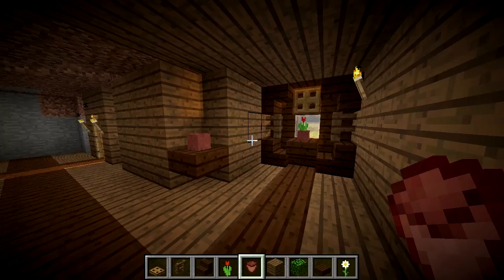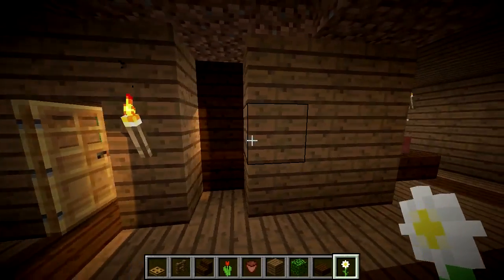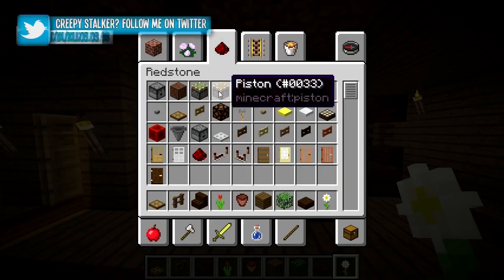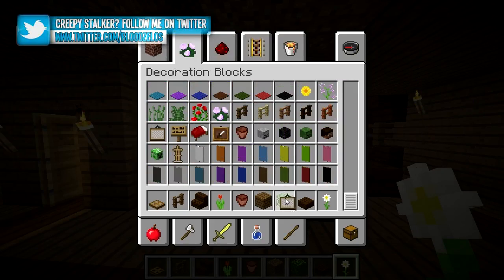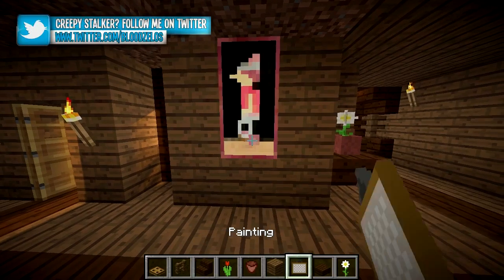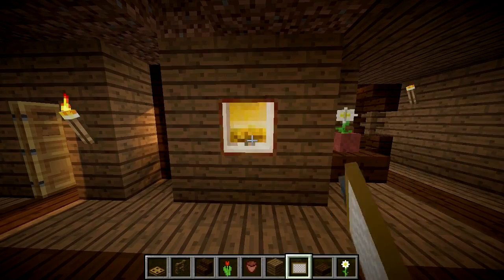Go ahead and put in an oxeye daisy right there. That'll be cool. We'll probably have a painting right about there. So we can go ahead and do that. And there's just a whole lot of decoration that's going to have to happen. And I'm kind of going to do it as I go, because it's more interesting to watch decoration sometimes than breaking things out. So we want a nice...